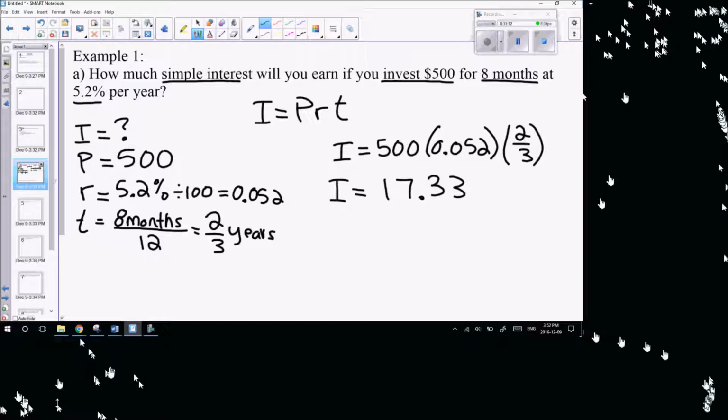And because it's a word problem, we need to have a therefore statement. So therefore,